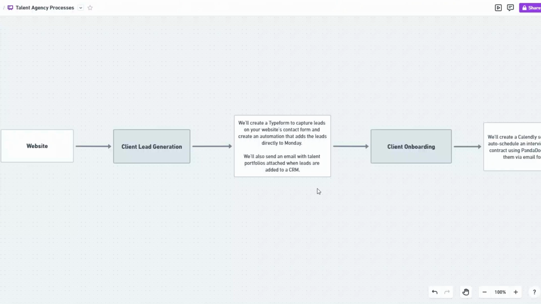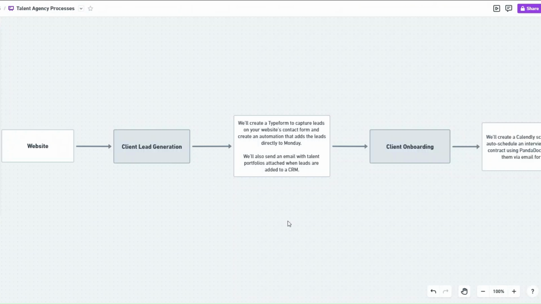In this video, I'm going to show you how you can automate a talent agency using make.com. Let's get started. On Whimsical, I've outlined all the different processes for a talent agency that we're going to automate